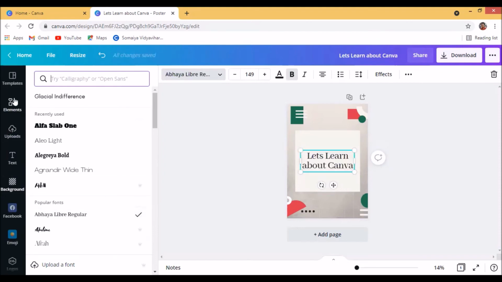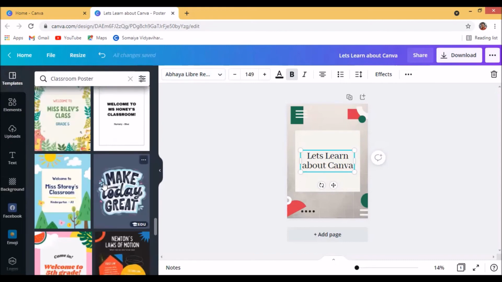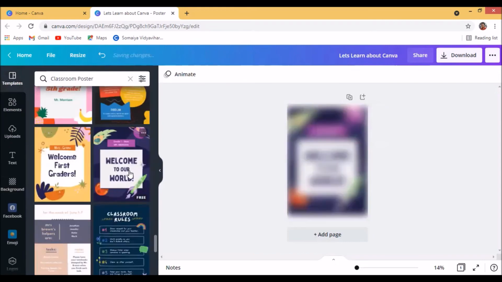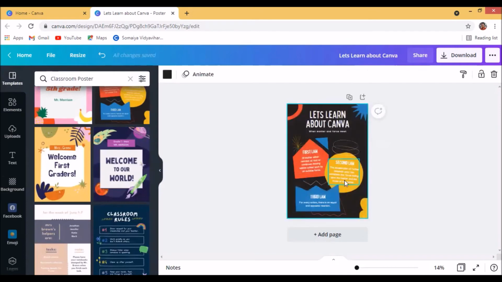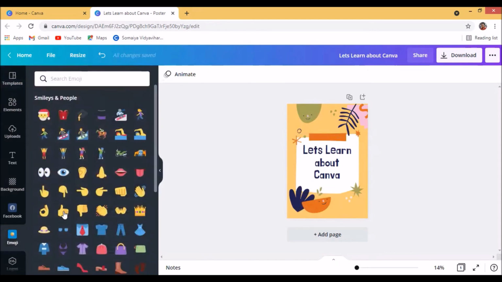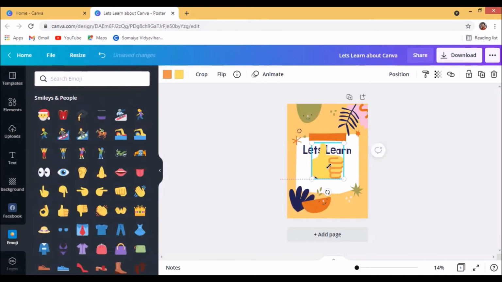So I've used this. Now I'll again try to change the template, and let's see if it works. You can see this is the template, and this is how you can add different content here. This was one of the templates on Newton's law, and you can see this. Let's learn about Canva. I'll just add content, and I'll delete it as well. So you can see this is ready. I want to add emojis. I need to just click on it, and I'll take the emojis. You can see the thumbs up icon is also there, and yes, our poster is almost ready.